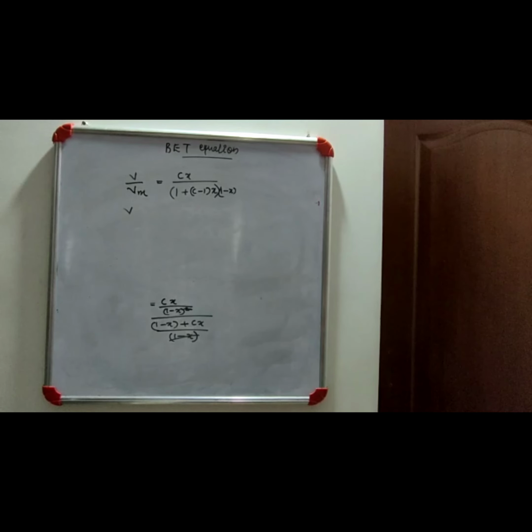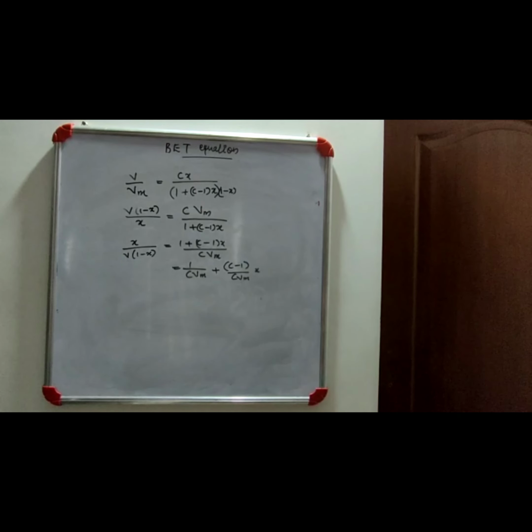One more term will come, 1 by x will also come in the denominator. Therefore V by Vm equal to Cx by 1 plus C minus 1 into x into 1 minus x. Now we can cross multiply the equation and simplify. Now we get, after cross multiplication, V into 1 minus x by x equal to CVm by 1 plus C